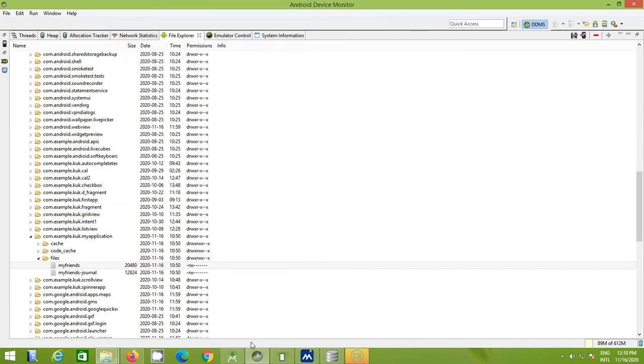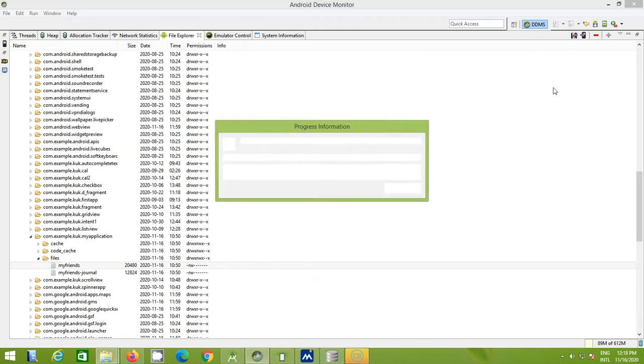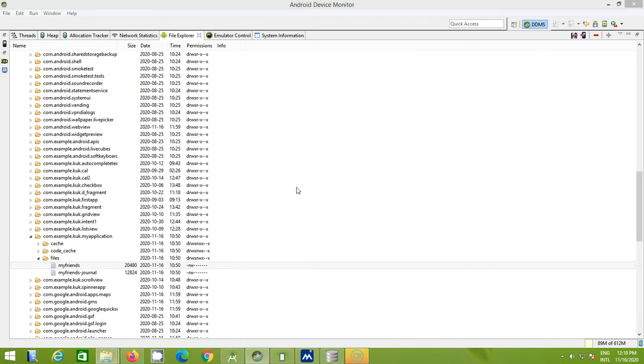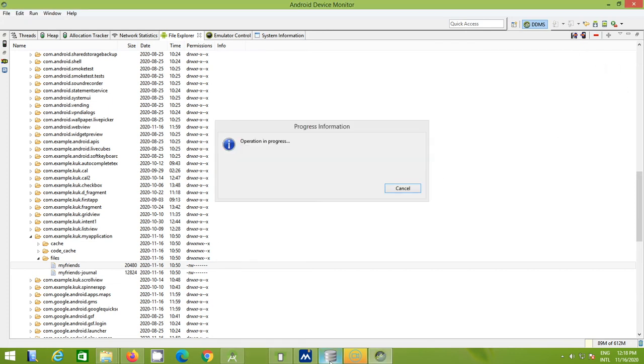After pulling the database file to your system, the database file will be stored in my system.